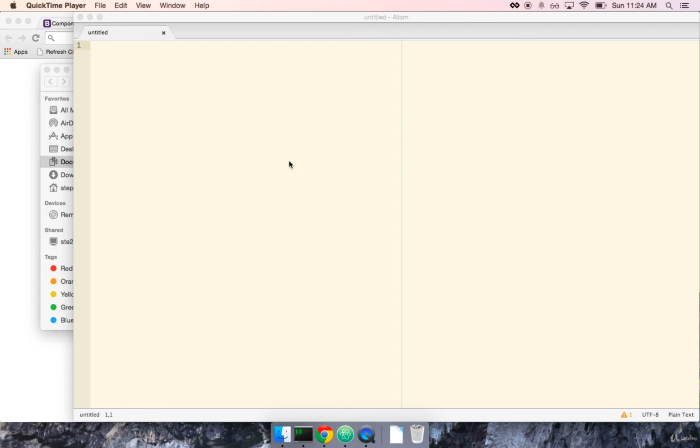JSX is an extension of JavaScript. It allows you to write what looks like HTML inside of our JavaScript. And when you hear that, you might think, wait a second, this is getting weird. HTML in my JavaScript. Almost every developer who first hears of this concept has immediate hangups because a lot of